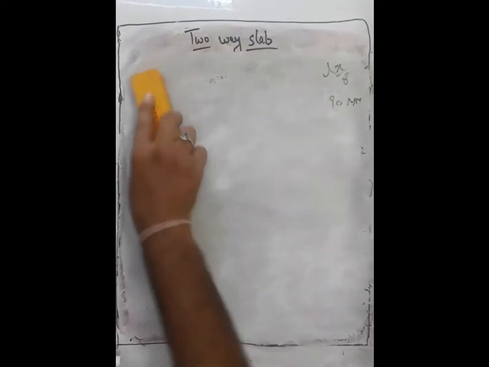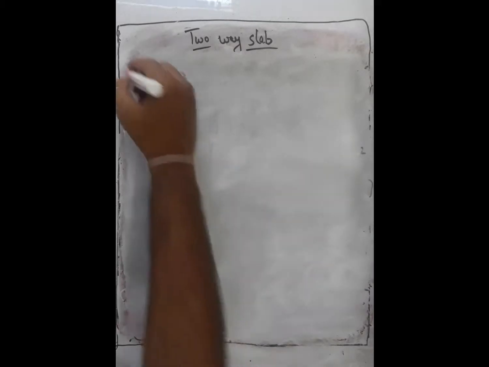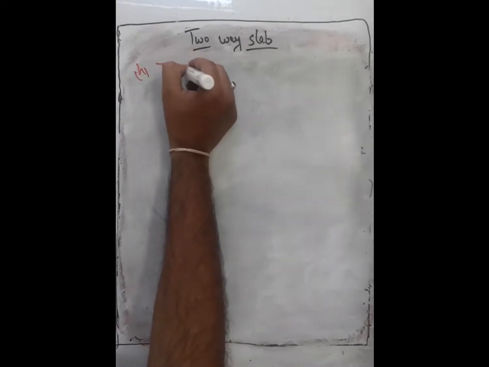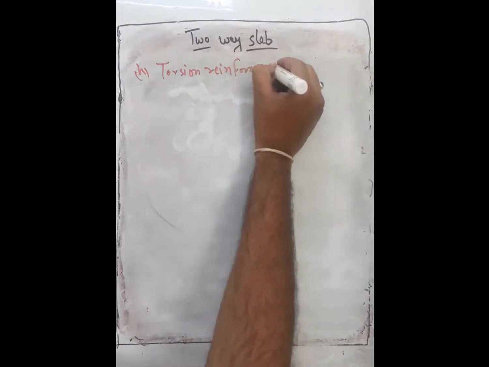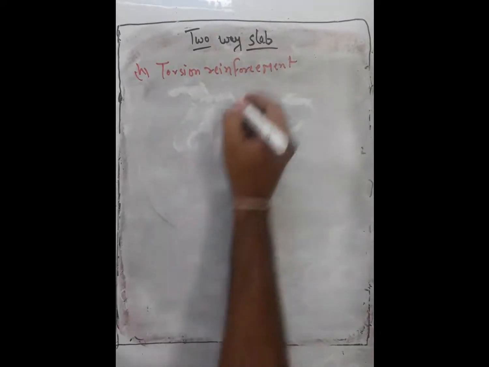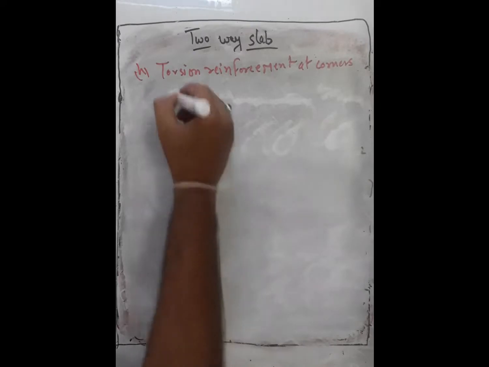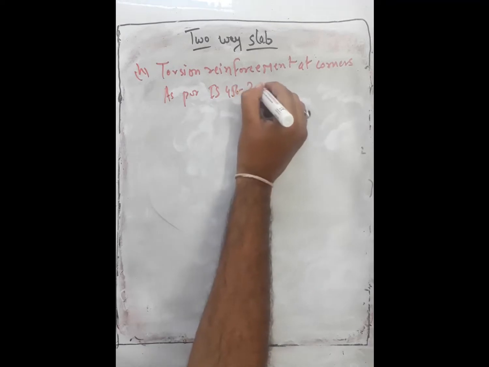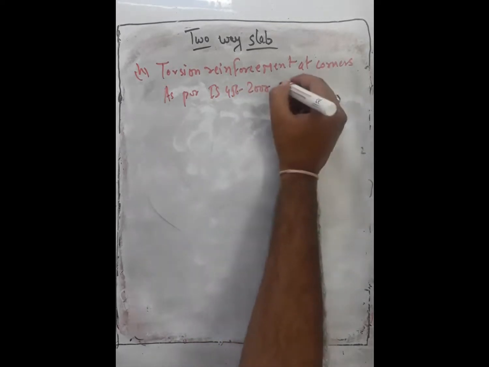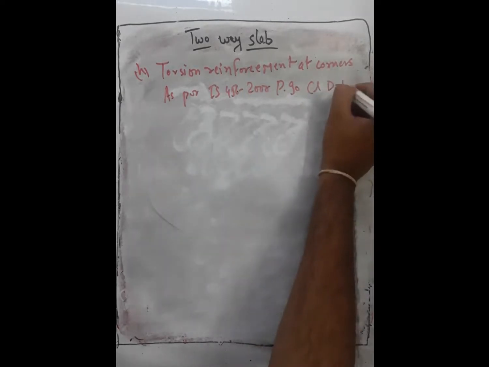Now after finding this, we have to find the torsion reinforcement. After finding the edge strip value, we have to find the torsion reinforcement. Okay, so step number H, torsion reinforcement at corners. So as per IS 456:2000, page number 90, clause number D-1.8,